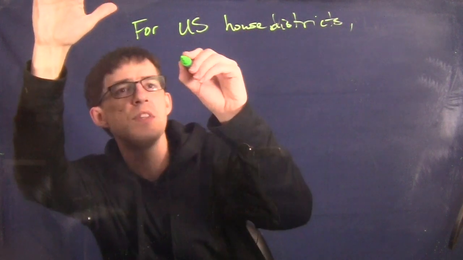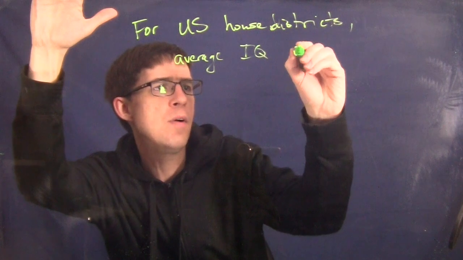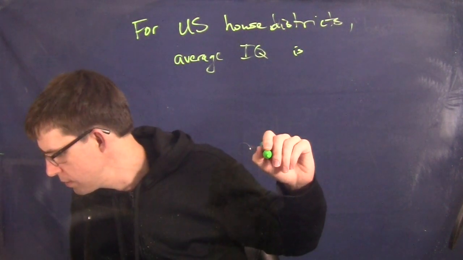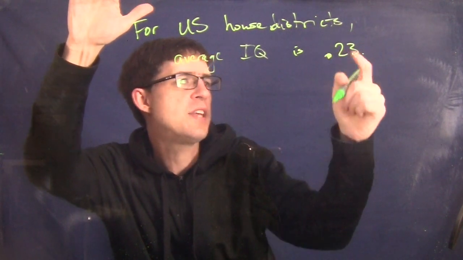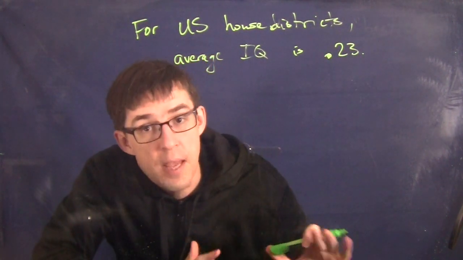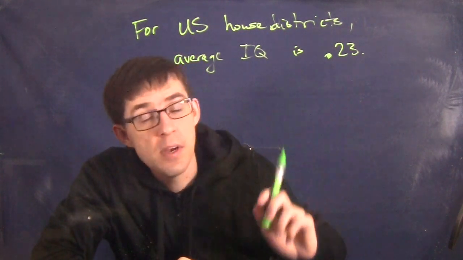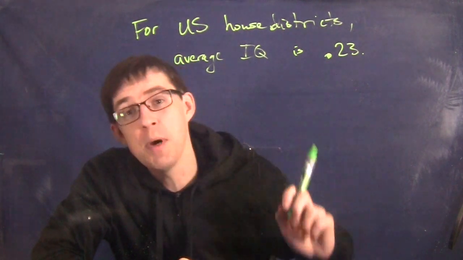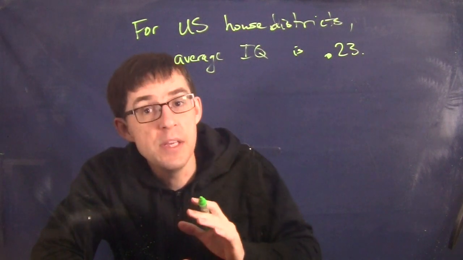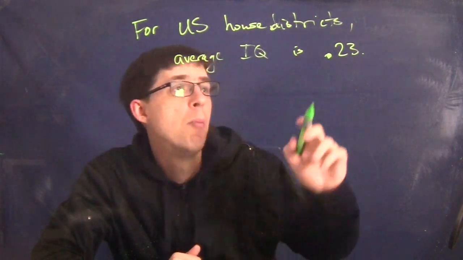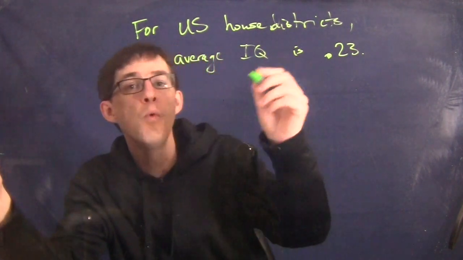For the U.S. House districts, the average isoperimetric quotient right now is 0.23. So this is a figure which you should regard as typical: a typical district in the United States has a wiggliness of this much. Remember, 1 is the best, the least wiggly, and 0 is the theoretical worst. 0.23 is an average figure in the United States. The worst district,